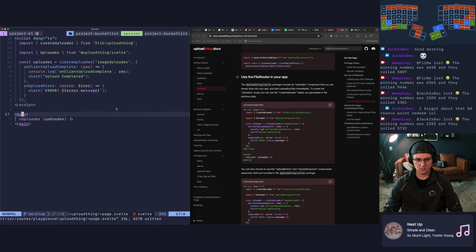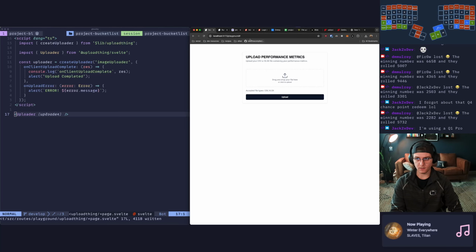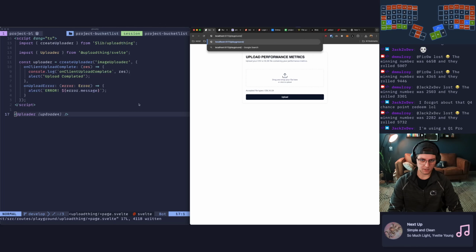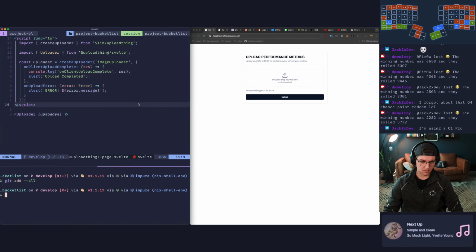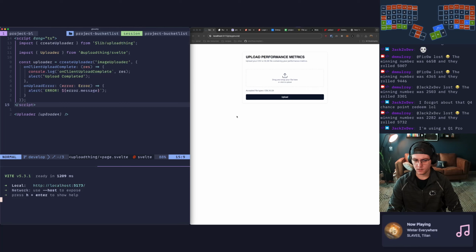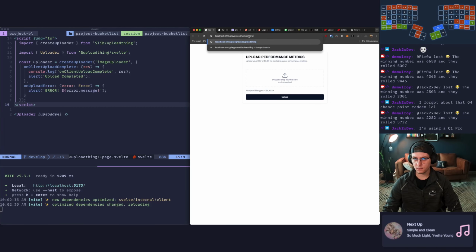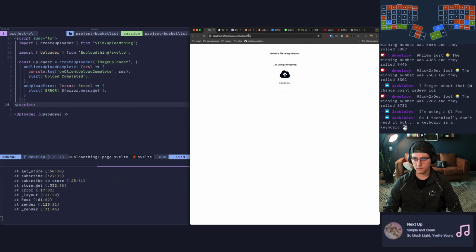Okay. So we should be able to see that in our app now. If we go here and we go delete that, we say, oh, app's not running, right? Bun run dev. Nice. And if we go to uploadthing, using a button,